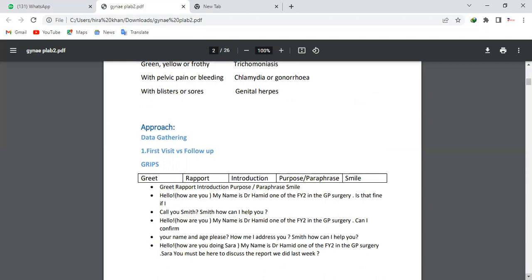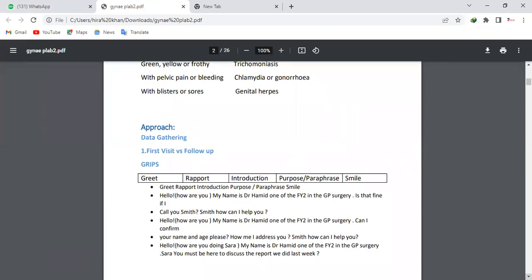You should know the key areas and also read your task carefully. Is it her first visit, or is it a follow-up visit? Because having a look at these points, your approach might change a little bit. Then read the wordings of the task, what they are asking you to do. For example, they might say take a focused history and discuss the management, or talk to the patient and address the concern.